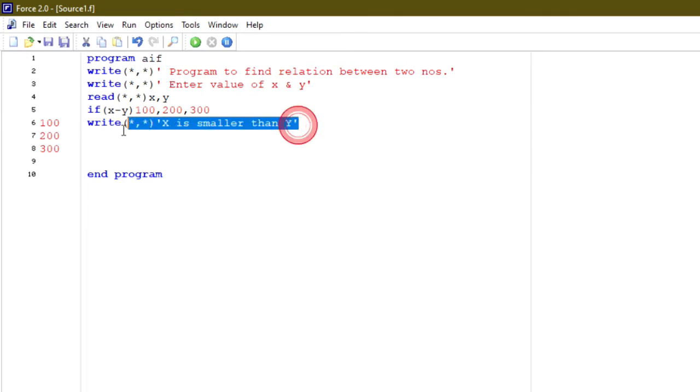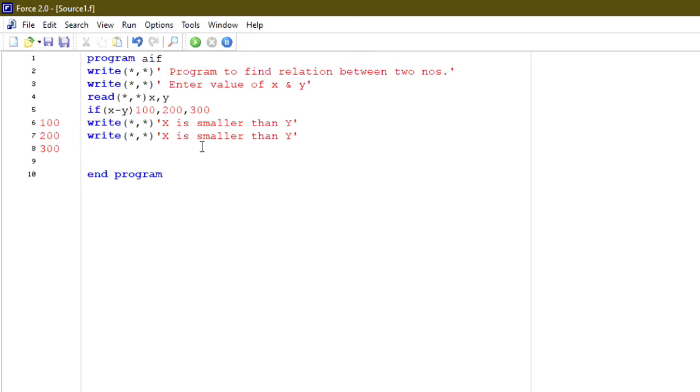So let me copy this and paste it here. X is equal to y, and it transfers to 300 when the answer is positive, means x is greater than y. Right? And let me put a blank read statement here.